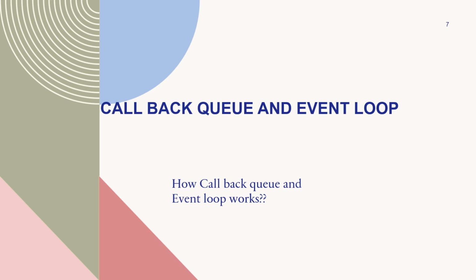As we have seen before, let's understand what the event loop and callback queue are and how they work, with some examples. We have already learned about web APIs, so now let's see how these three components, callback queue, event loop and web APIs,